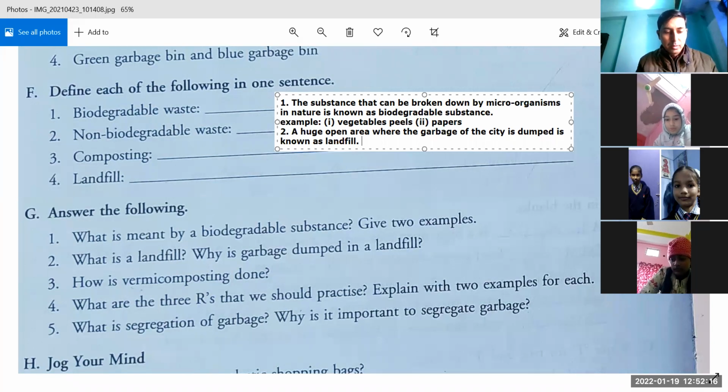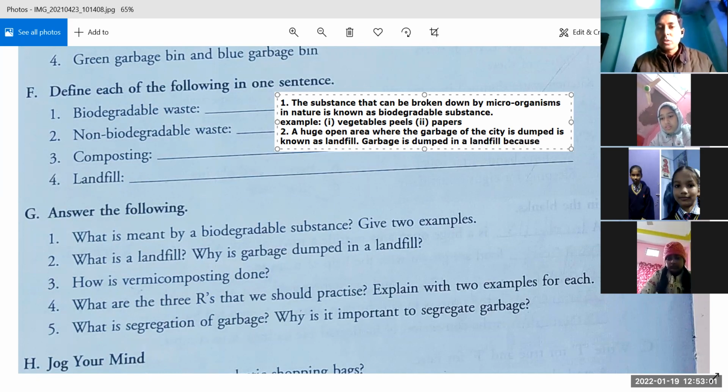By the way, let me see the book language here. Garbage is dumped in a landfill because